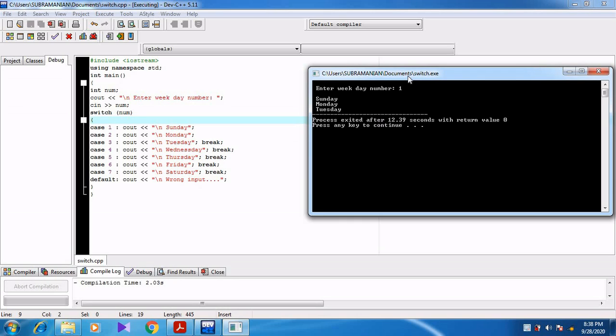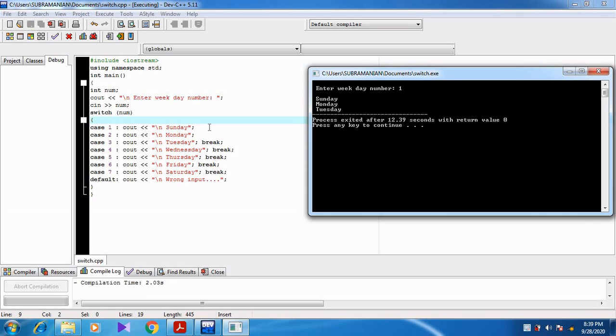The number 1 matches only case 1, but Sunday, Monday and Tuesday are executed. Why? Because we have left out the break statement for case 1 and 2.